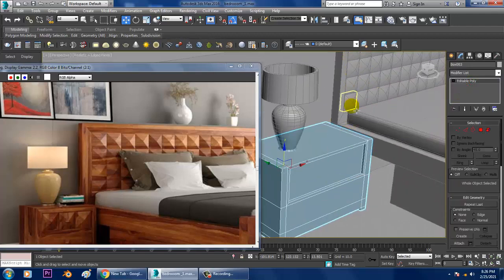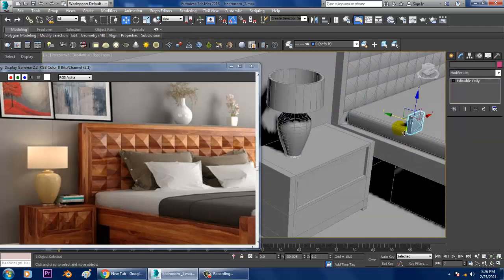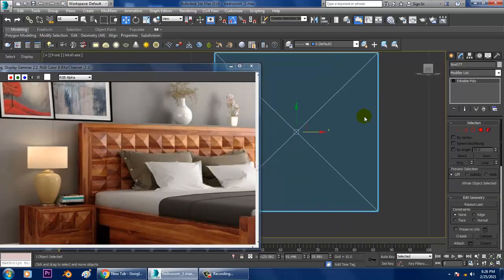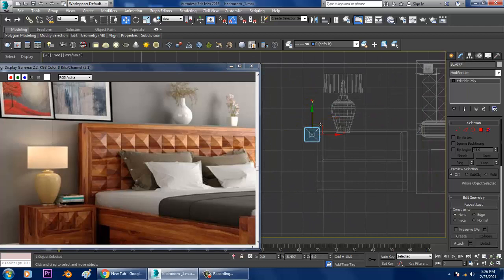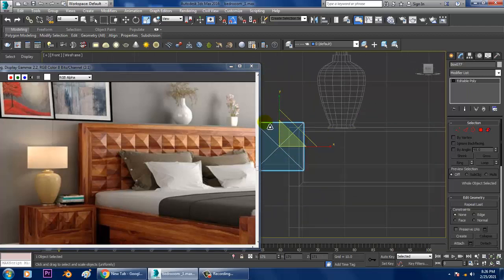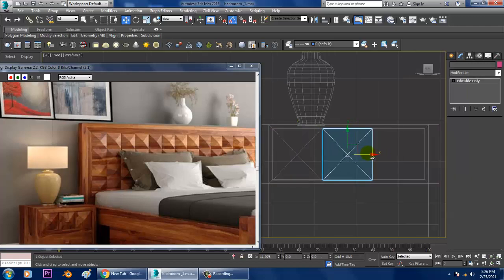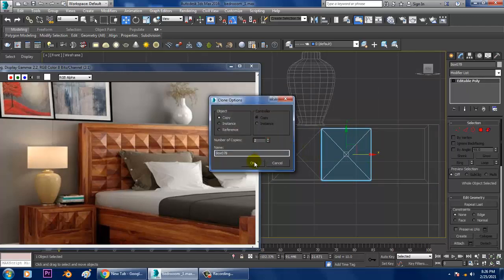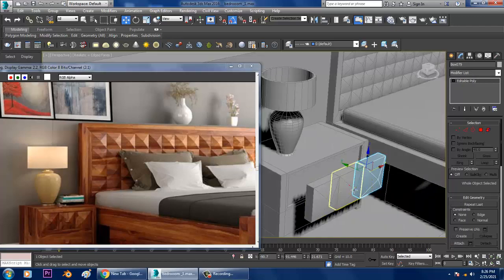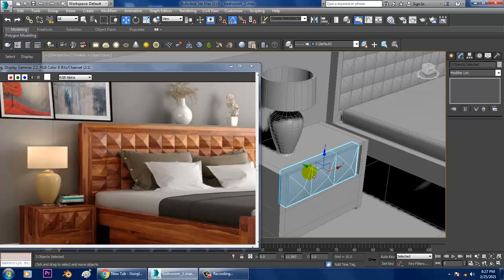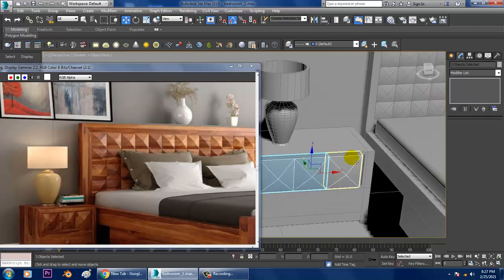After that, shift and drag, duplicate it and slightly scale it, just drag it over here in this way and take one more copy of it. We can slightly push it a bit inside over here in this way.